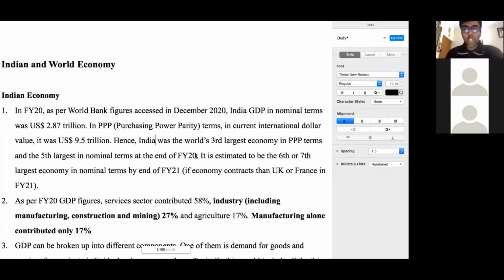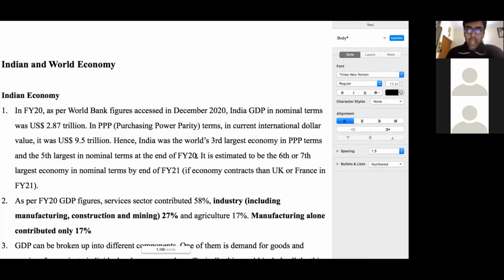The number 2 was US, as we are going to study later on as well, while India was number 3. And number 4 and number 5, which we are going to study later, are Japan and Germany, respectively. And if we take this ranking in terms of nominal terms, that is, we only take the current value of exchange rate of every other currency versus the US dollar, then of course US is number 1, China is number 2, Japan is number 3, Germany is number 4.